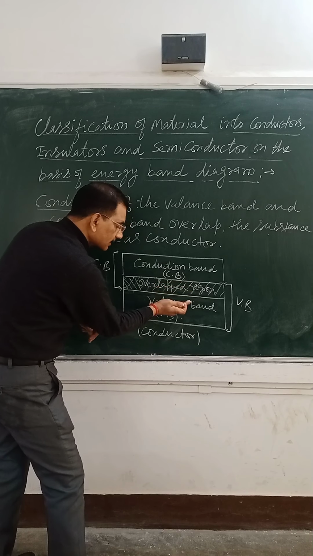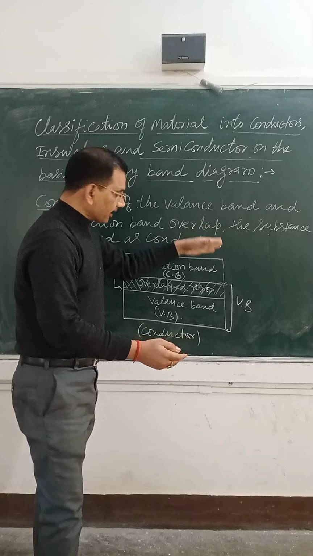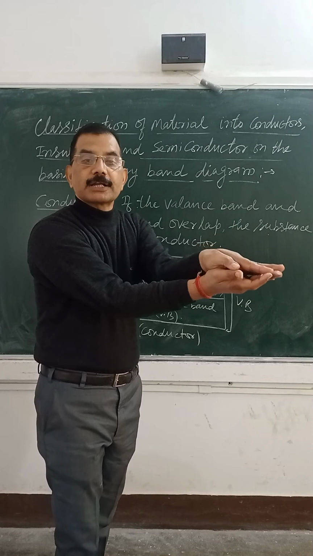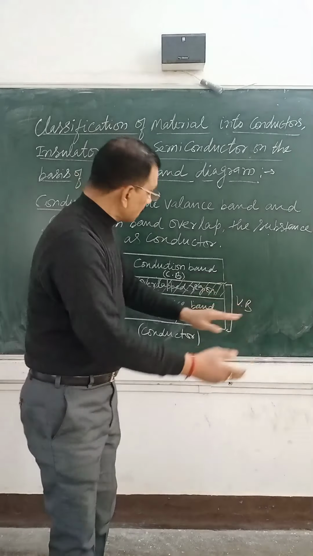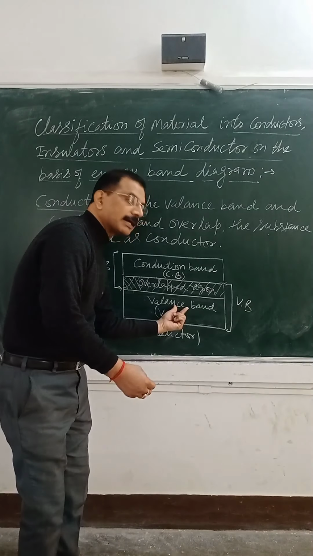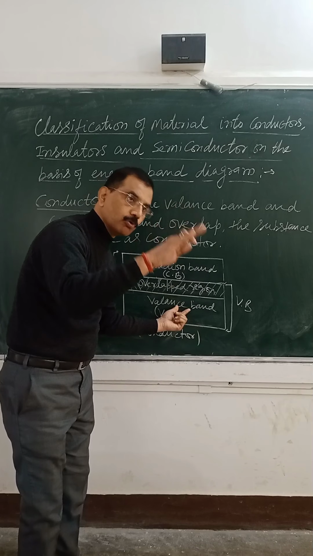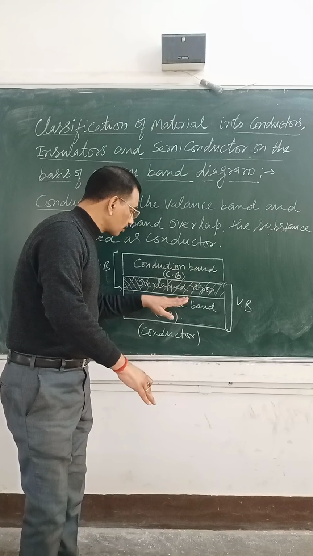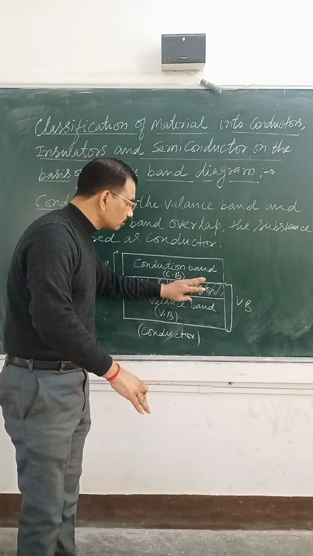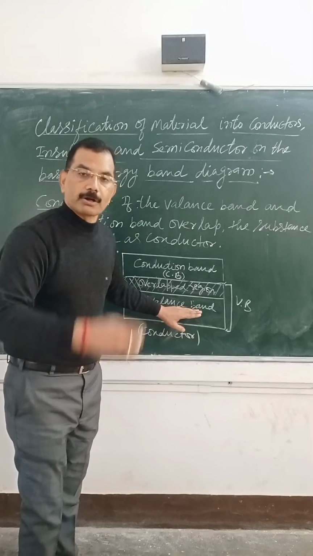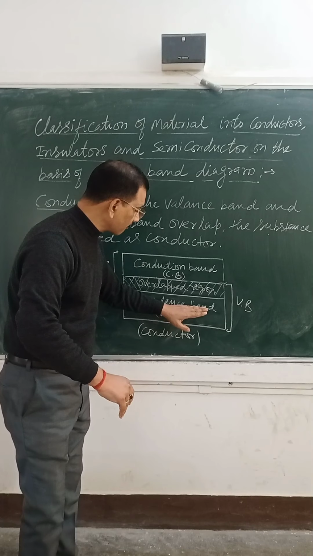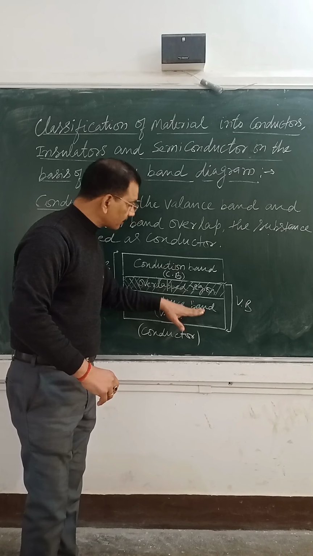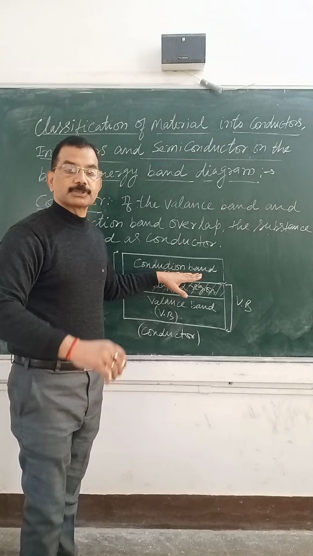ये दोनों में कॉमन है। इसका मतलब कि कंडक्टर के केस में वैलेंस बैंड और कंडक्शन बैंड both are overlap, फॉर्बिडन एनर्जी गैप becomes zero. और जब फॉर्बिडन एनर्जी गैप जीरो हो जाएगी तो वैलेंस बैंड के जो इलेक्ट्रॉन हैं, at the room temperature easily they move from valence band to conduction band. और जब ये फॉर्बिडन एनर्जी गैप बहुत कम या जीरो हो जाती है तो वैलेंस बैंड के इलेक्ट्रॉन रूम टेम्परेचर पे easily मूव कर जाते हैं वैलेंस बैंड से कंडक्शन बैंड में। और जितने ज्यादा इलेक्ट्रॉन वैलेंस बैंड से कंडक्शन बैंड में पहुंचेंगे उस सब्सटेंस की कंडक्टिविटी